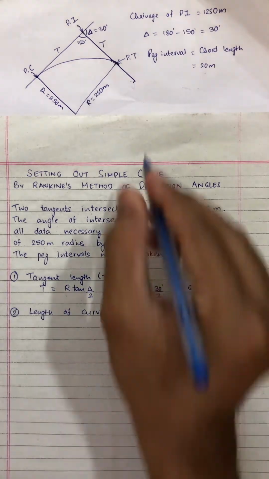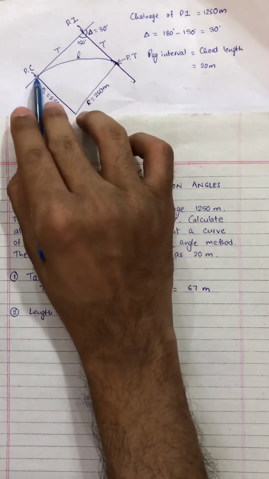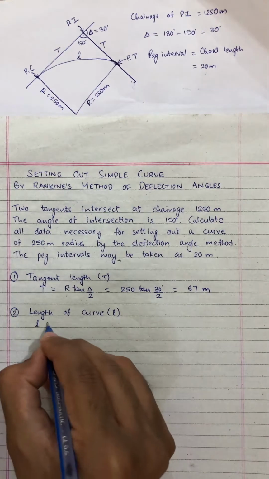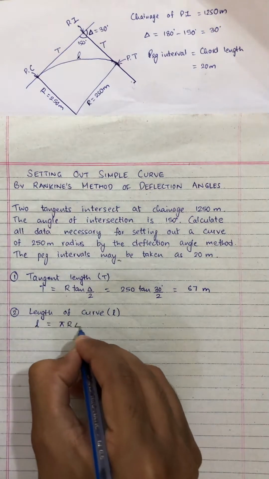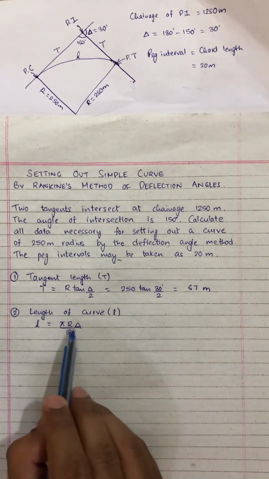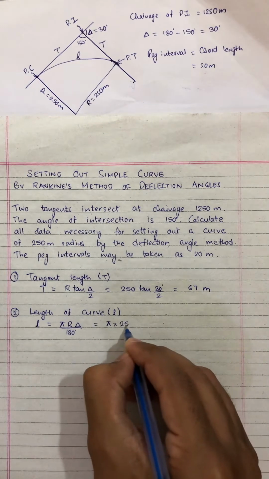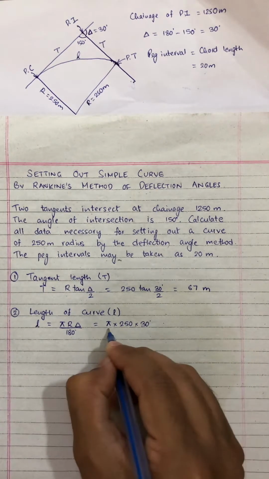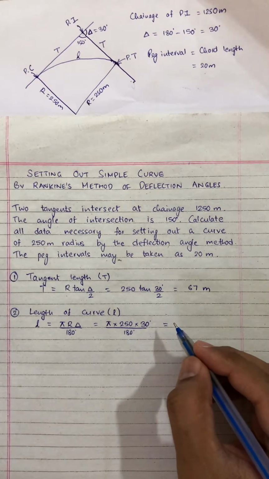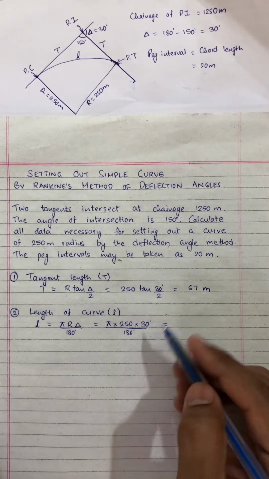That is small l. This is the curve. This curve length small l from PC to PT we have to find out. So the formula for length of curve is given as pi r delta upon 180 degree. Again here r and delta have the same values. That is pi into 250 into 30 degree upon 180 degree. So here the value of length of curve after calculating this, it comes out to